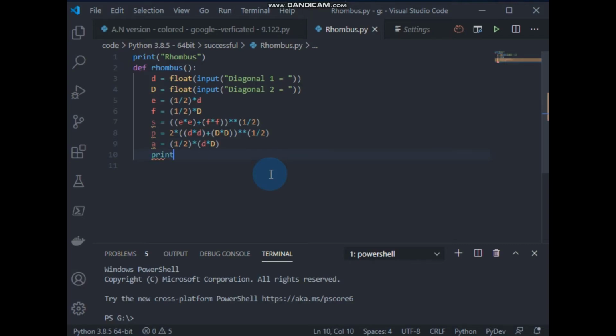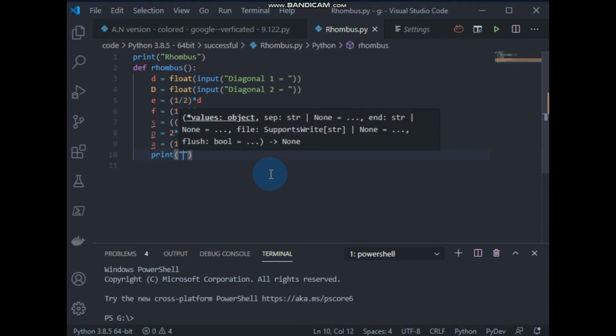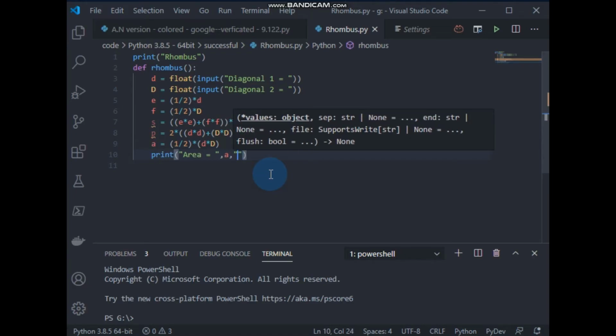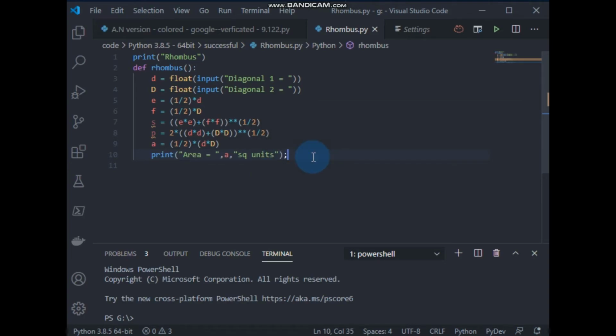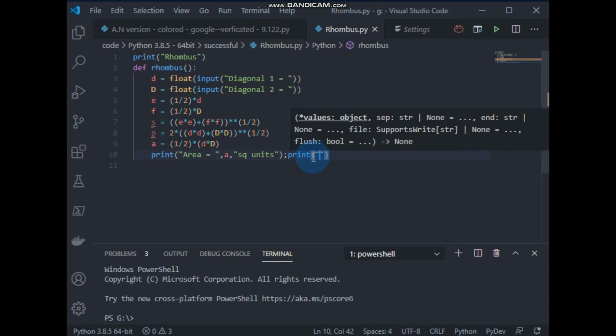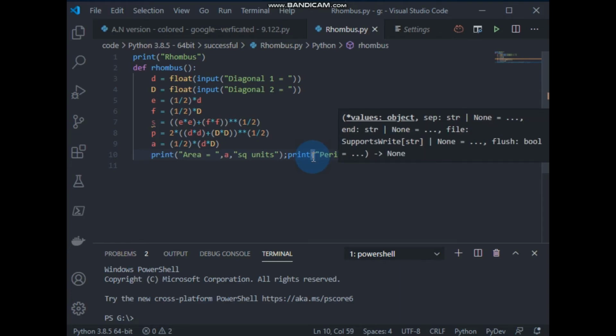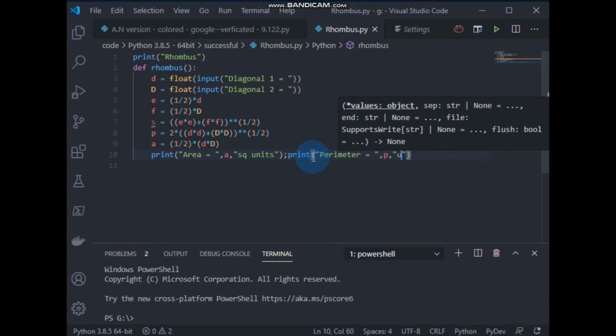So print area equals area A, comma, area will be represented in square units, so square units, and then print in brackets perimeter equals perimeter P, comma, perimeter is represented in units, so units,